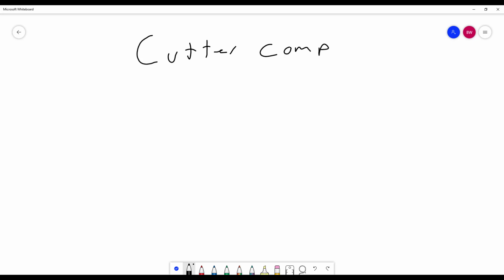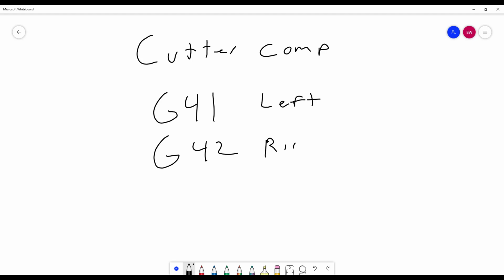Now, we have already used cutter compensation in using G43 Z positive. What these are is going to be G41 and G42 for left and right. These two codes also require a D value, and that is very similar to the H value, as in you need to actually tell the machine what